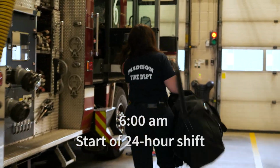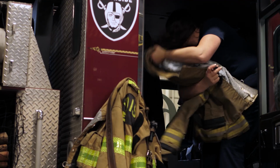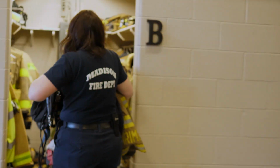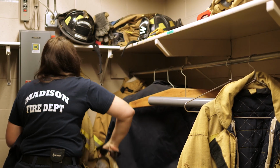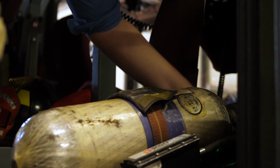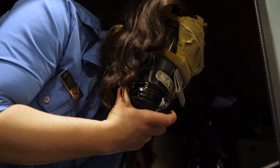When I get to work, I usually remove the person who is working in my position. I remove their gear from the rig and replace it with mine. I check over all my gear to make sure I've got my gloves and my helmet and everything that I need, and then I move on to checking over my SCBA pack, making sure it's functioning properly, and hook my